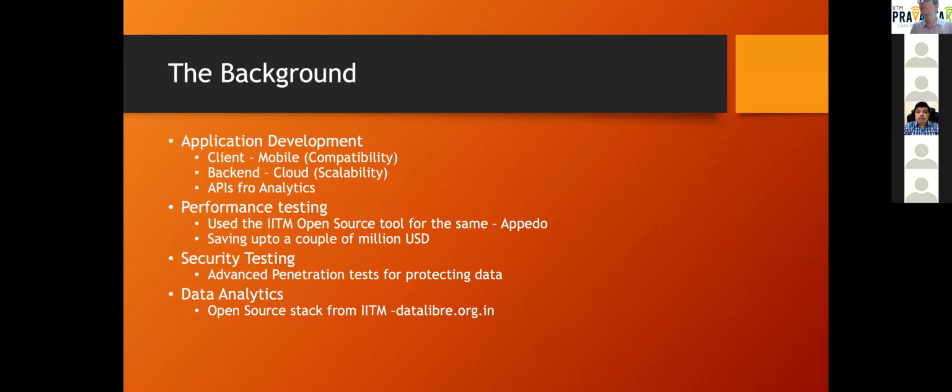You will be learning about these tools and also these open source platforms, which will be essential for these types of systems in the cyber physical world, as a part of your course. And there is a security testing. So advanced penetration tests were done, right? So that is also very important in this part.